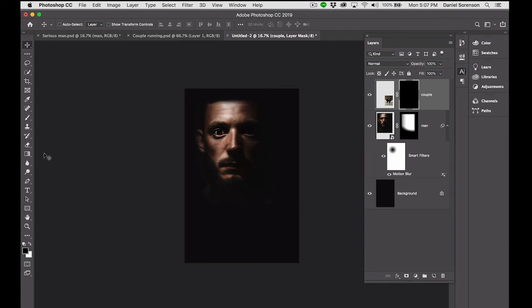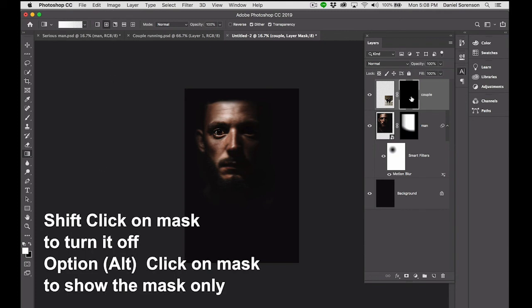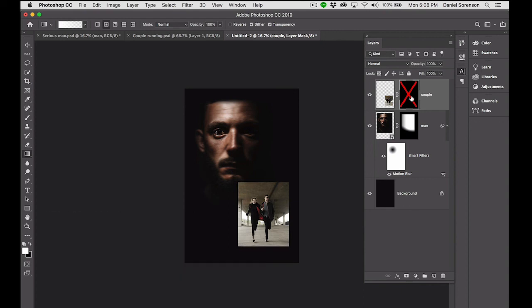So in that case, we're going to work with the gradient tool again. We will work with white and the radial. Shift click on the mask to turn it off for a minute so we get an idea of where our couple is. Then I'll turn it back on, and then I'll click and drag and start to reveal them. Now, that was too much. I want them to blend pretty rapidly into the background,